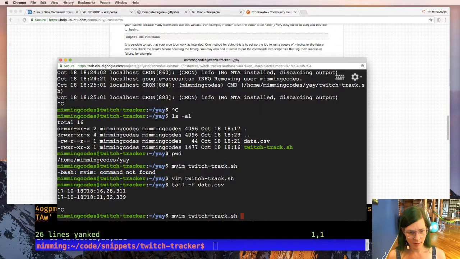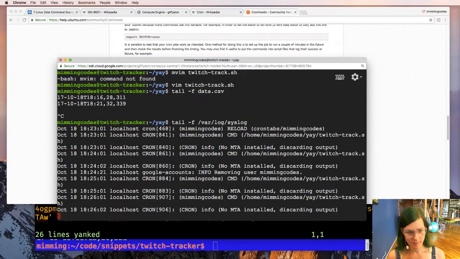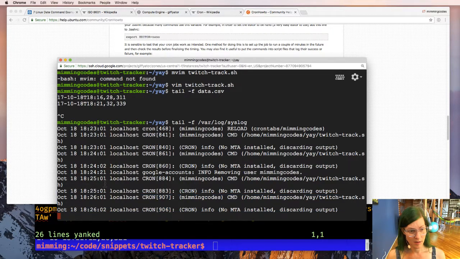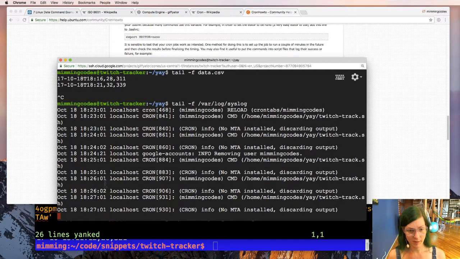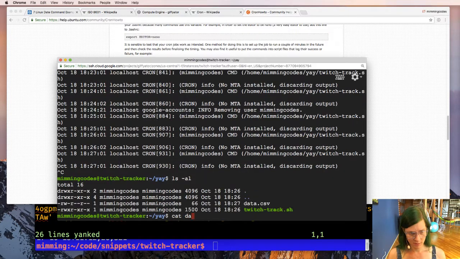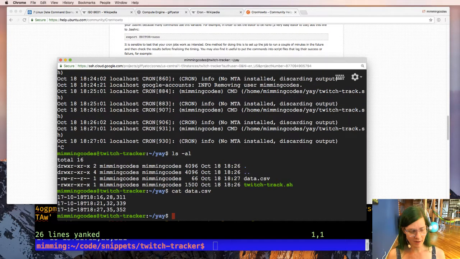Let's tail that syslog again. So we can see that it did indeed run it again at 26:27. Hey, it appended it again. Okay, so it's running now, it's working.